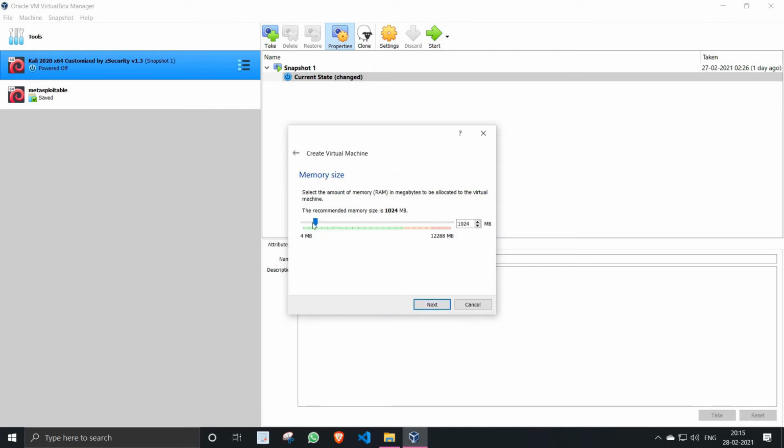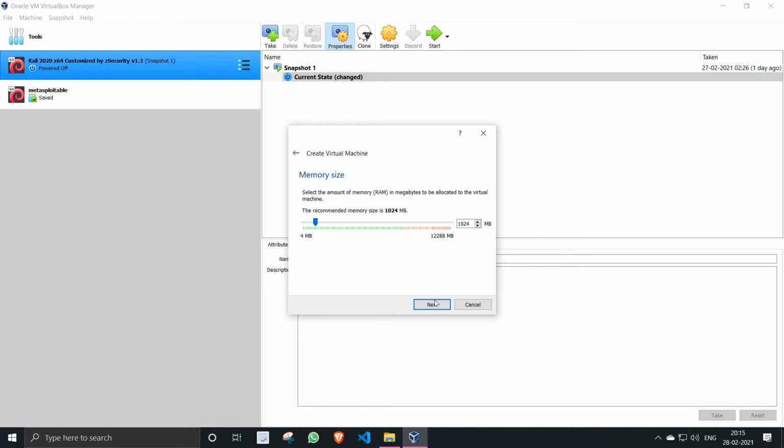I will give 1 GB RAM to it. Its memory size: what size do you have to give to Kali Linux? It is asking because you are running another computer inside your one computer, so it will divide your RAM into different parts. As I have 12 GB RAM, if I give 1 GB to Kali Linux, when Kali Linux runs, it will take 1 GB on its own and 11 GB will remain for my main PC. So if you have 4 GB RAM, your Kali Linux will run very slow. It can run, but minimum you should have 4 GB RAM or 8 GB RAM in a PC.